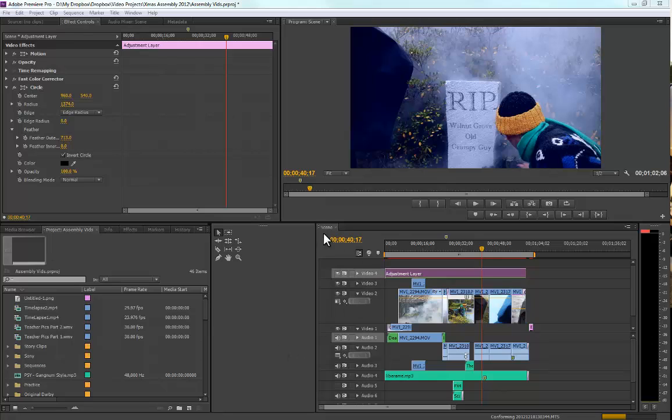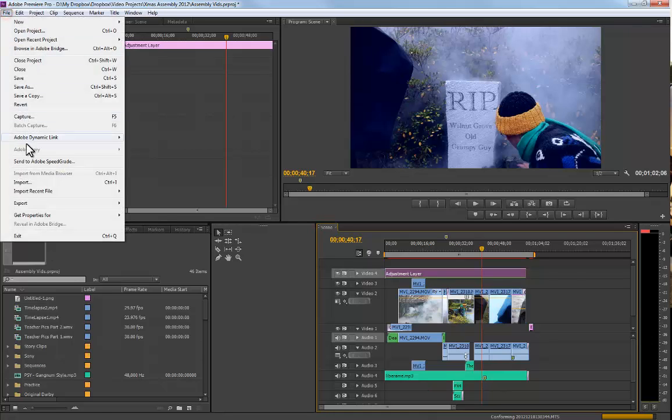So first thing you want to do is make sure that your actual sequence is selected. So in this case, I'm using one called scene. Now these guys right up here, you want to make sure that this last one is going right to the very last clip, and this first one is going right to the start. Otherwise, it's not going to actually render the whole thing. Anyway, once you've done that, you're just going to go up to File, Export, choose Media,